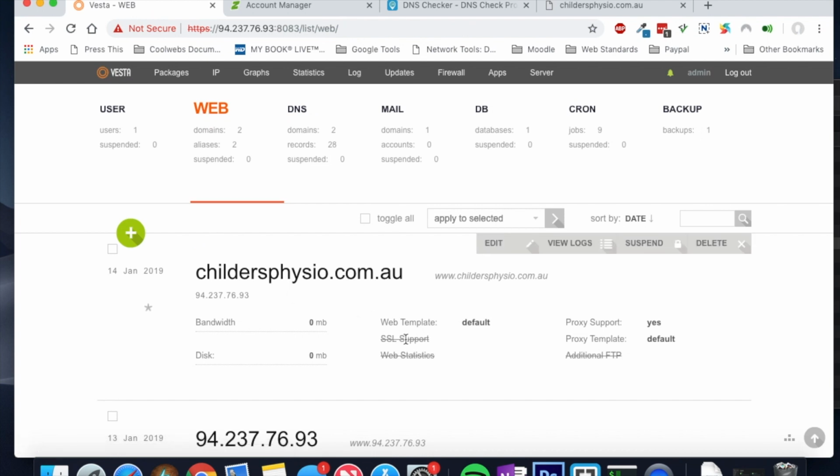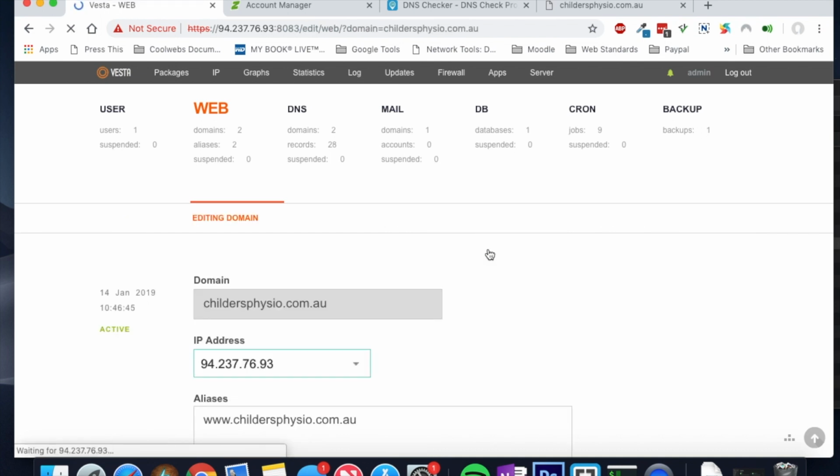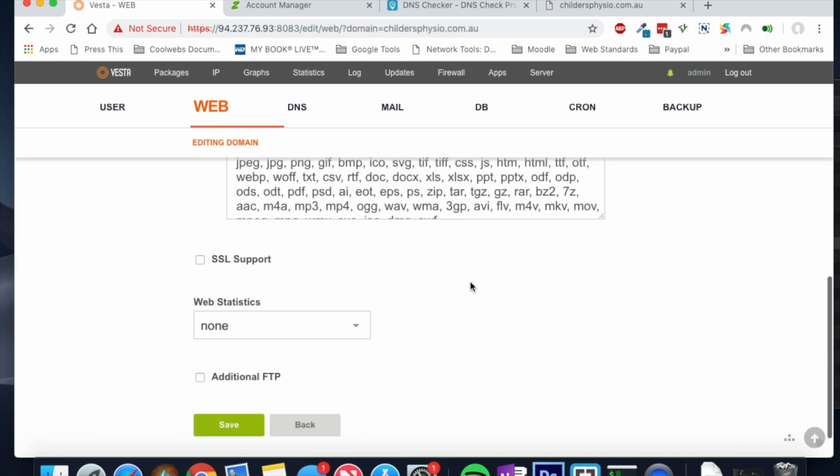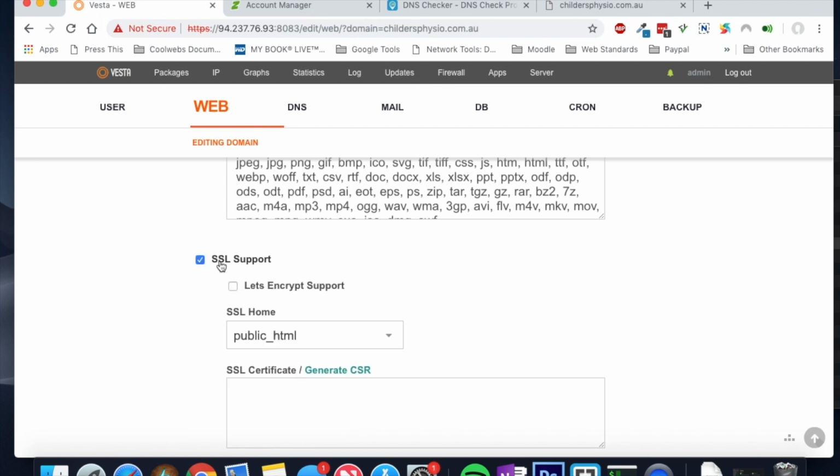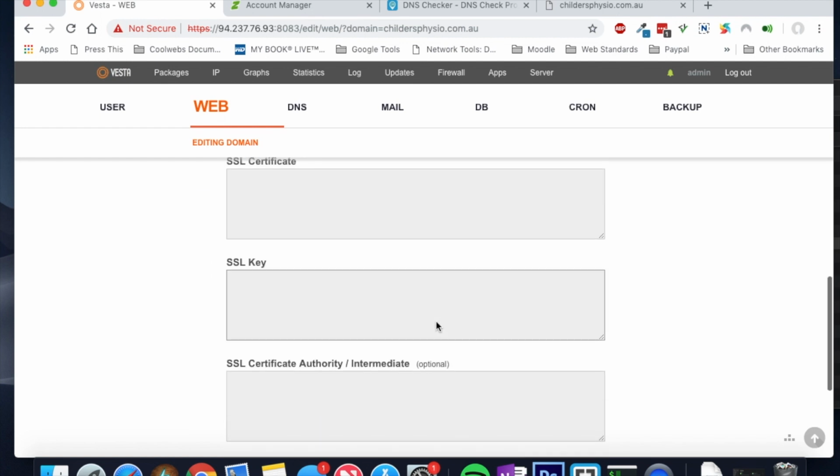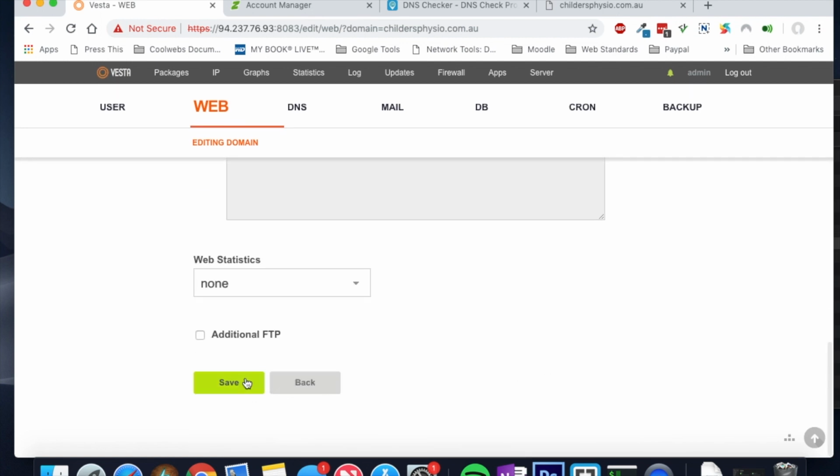You can see again the SSL support kind of just dropped off, so that's why it's good just to go through and edit it, check it again, and the SSL support's unchecked. Now I think that's to do, what I've heard is when it's propagating, you're doing two things at once. You're setting up the domain name register with the name servers and also your own DNS entries in the Vesta control panel, and I think the Vesta control panel doesn't find the register pointing towards it, and just goes, you know, I'm not doing this anymore, and just cancels it. So we go through and do it again. So lots of fun there. So we hit save on that,